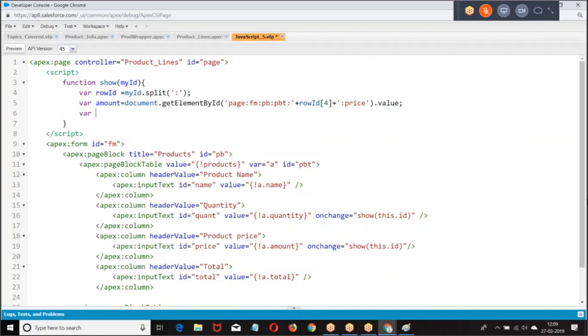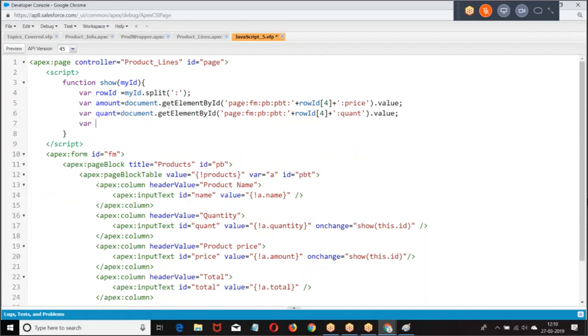Where font equal to document dot getElementById, page, form, page block table plus row ID plus colon quant.